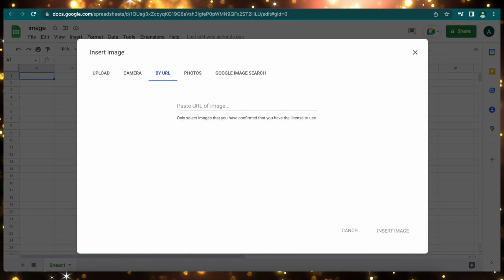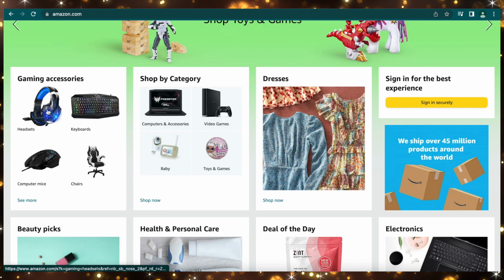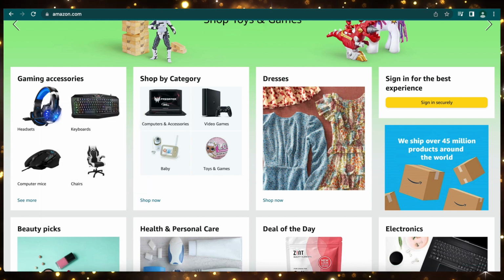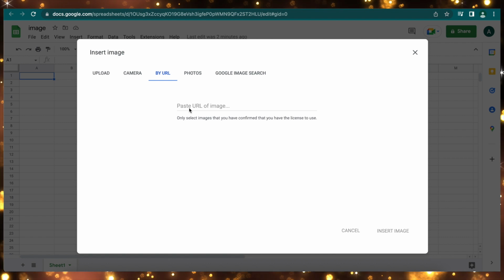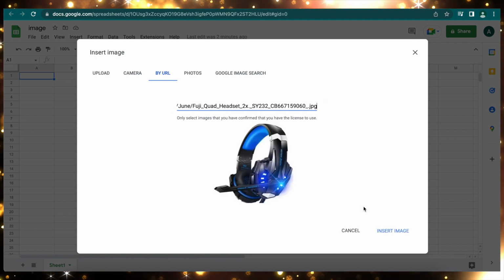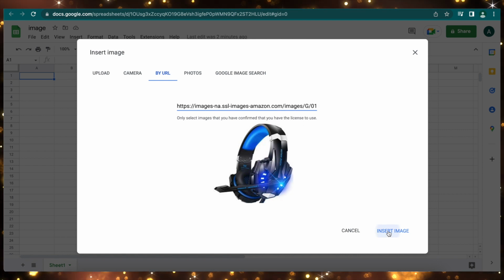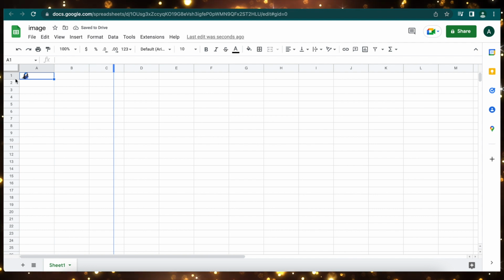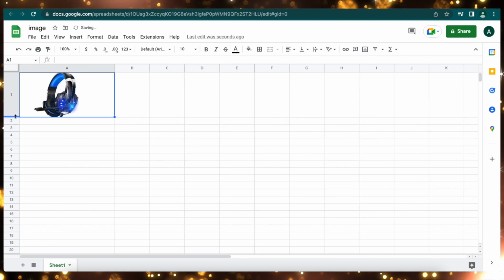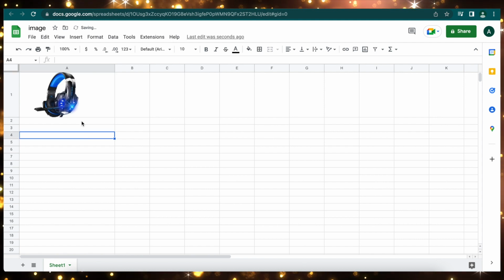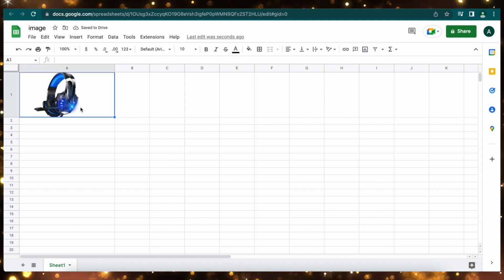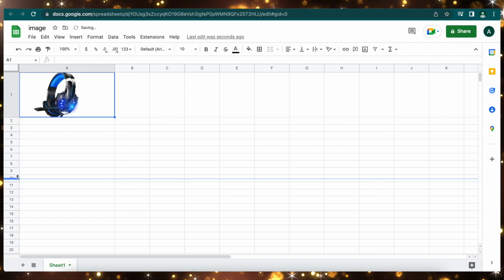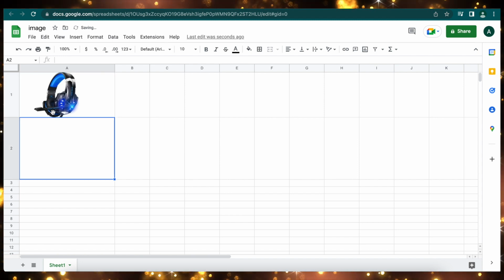For example, we can go to some website, click copy image address, come back to our table and input the link to that image. And we receive that image in that cell. So it's one way. But if we want to receive image using the function image, then we have to write